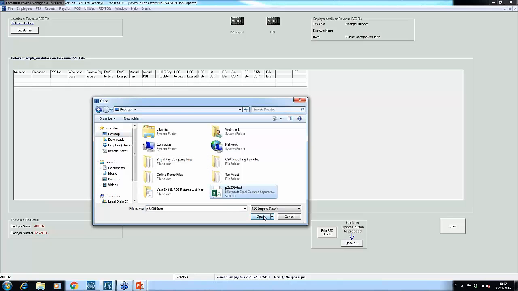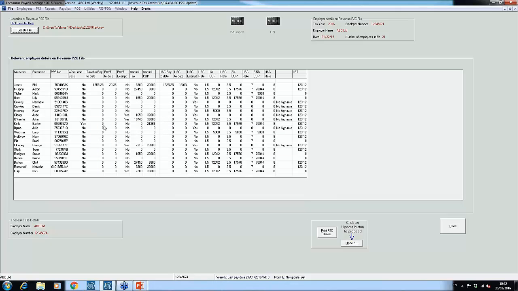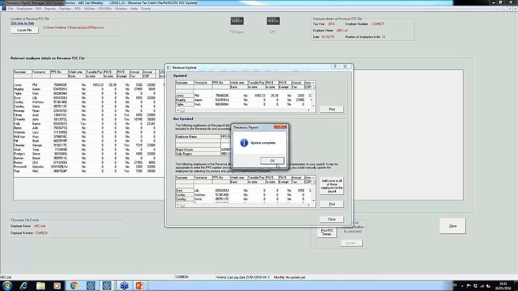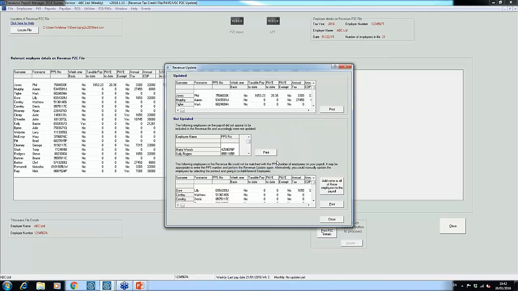Here, click on Open, and it populates the screen with the employees that are included in it. Down the bottom here then you can see the option to print the P2C details if I wanted just a copy of what I'm viewing here. And when complete, I click on Update. Okay. So the next screen, it's important just to review this because it is going to bring to your attention